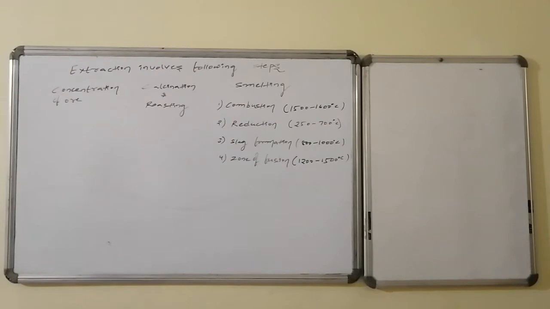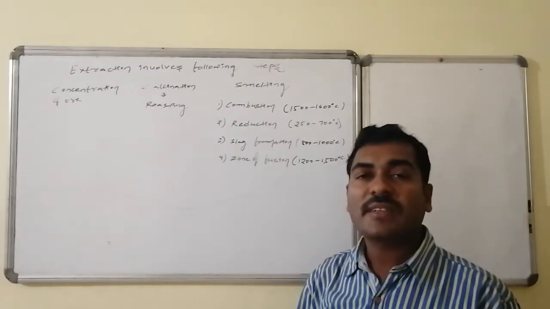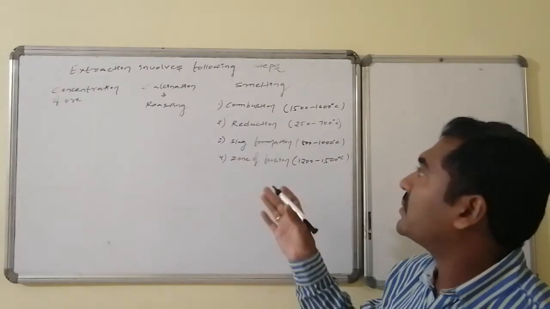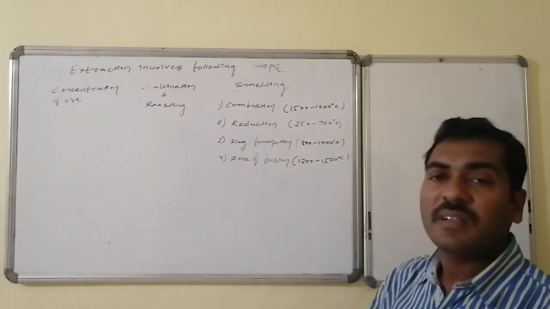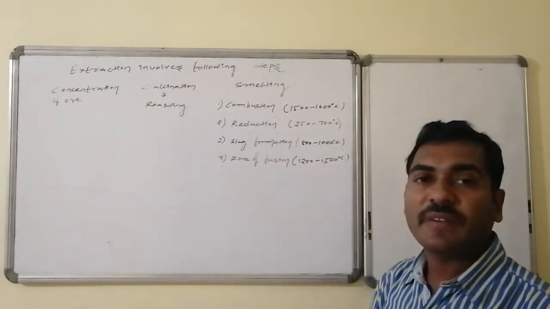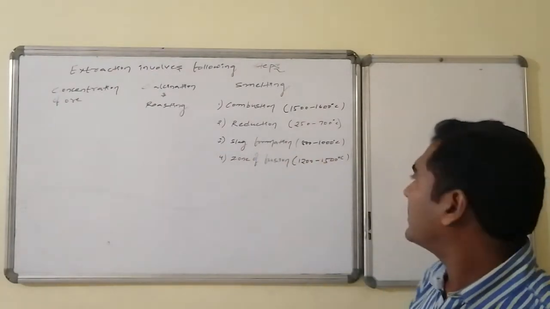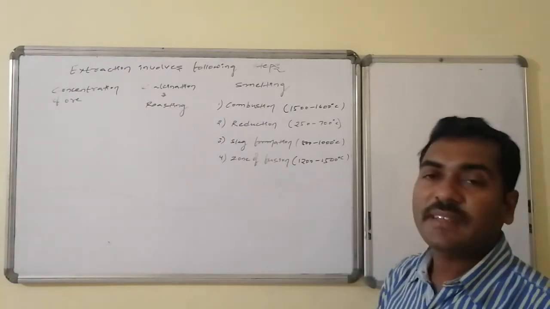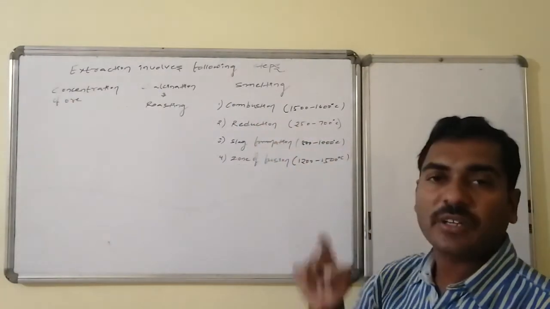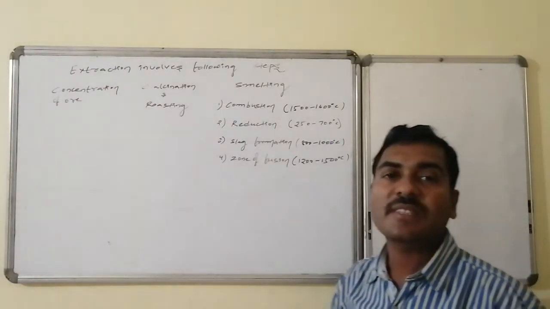Extraction of iron includes the following steps. First is concentration of the ore, second is calcination as well as roasting, and third is smelting. Smelting is carried out in the blast furnace, where combustion, reduction, slag formation, and a zone of fusion are present. At lower temperatures, from 250 to 700 degrees centigrade, reduction is possible, then slag formation between 800 to 1000 degrees centigrade, and at 1200 to 1500 degrees centigrade the zone of fusion, where fused iron formation takes place. At the higher temperature at the bottom of the blast furnace, combustion takes place, that is, carbon monoxide formation occurs, at 1500 to 1600 degrees centigrade.